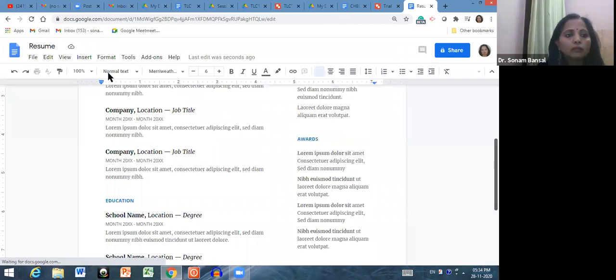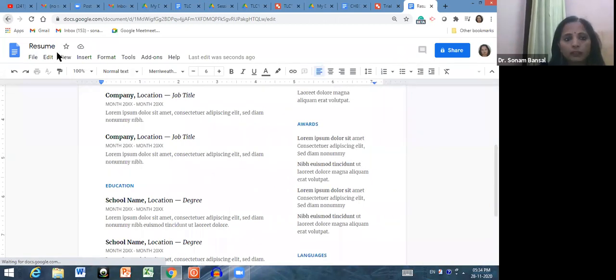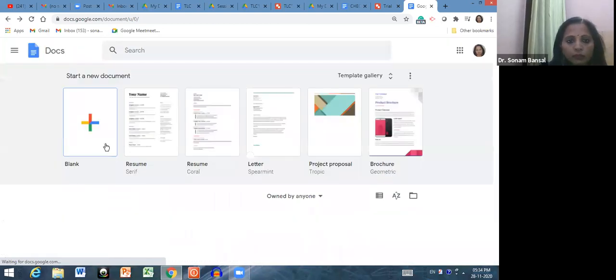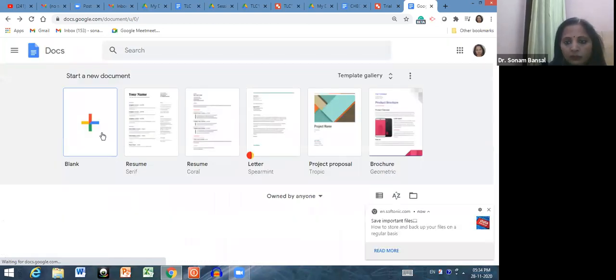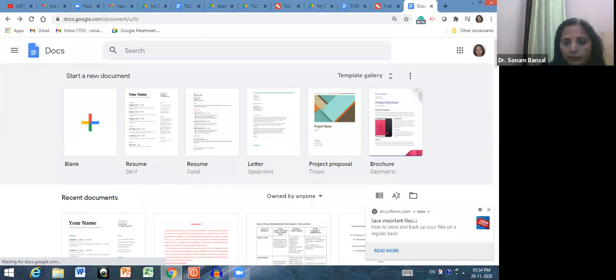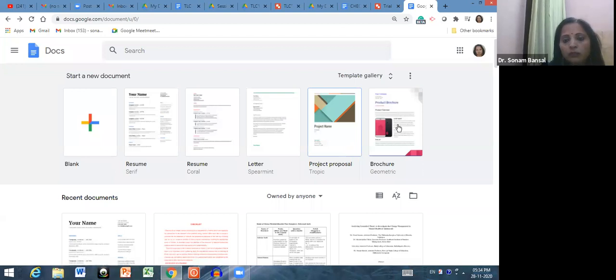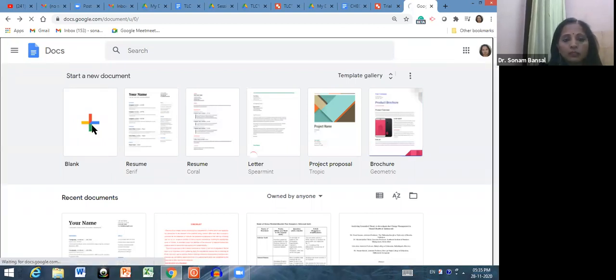Or if you want to prepare a new document, then you have to choose this blank template. If you want a project proposal, you can choose this also. Or if you want to make a brochure, you can choose this template. So let me take this blank document.